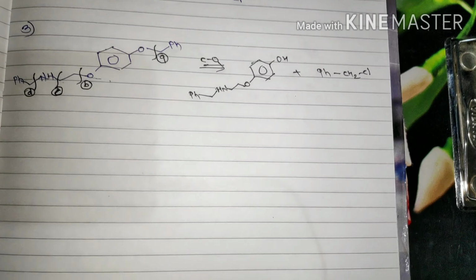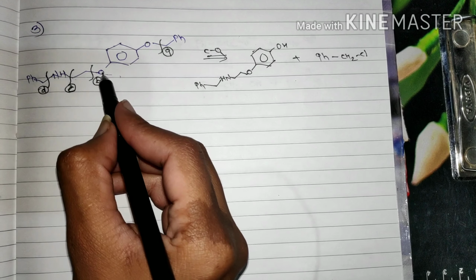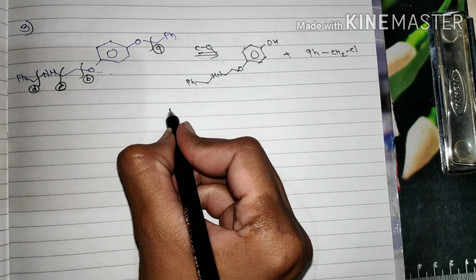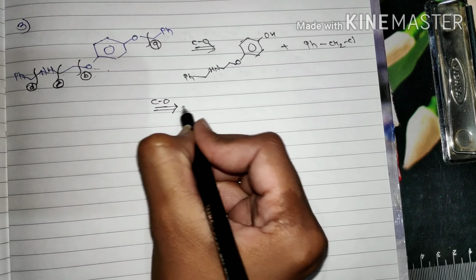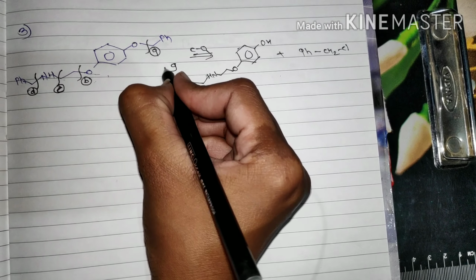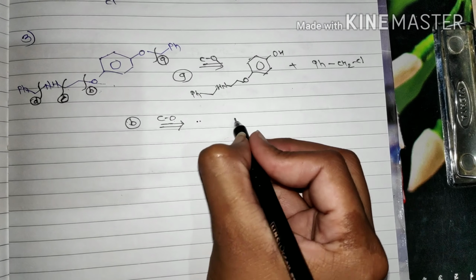This is the first. Second is another carbon oxygen bond, so second is the AB, so we use